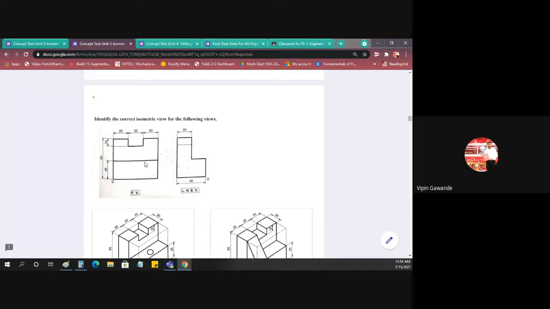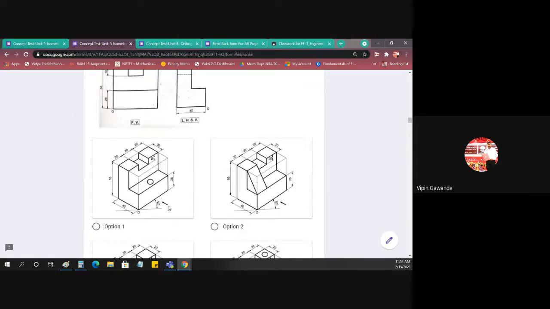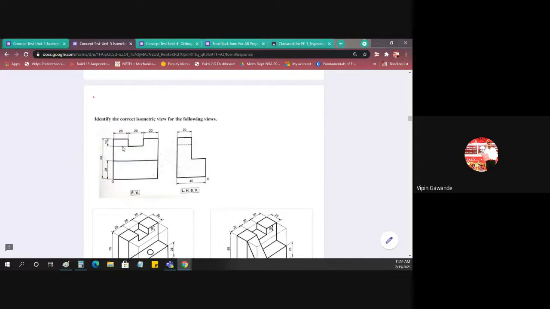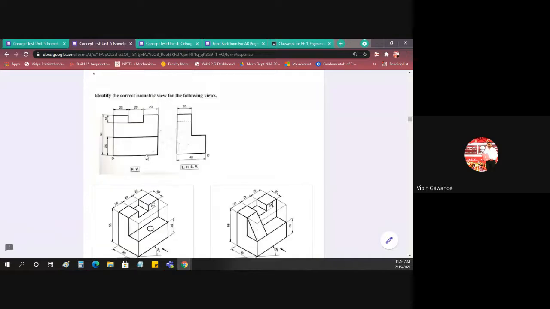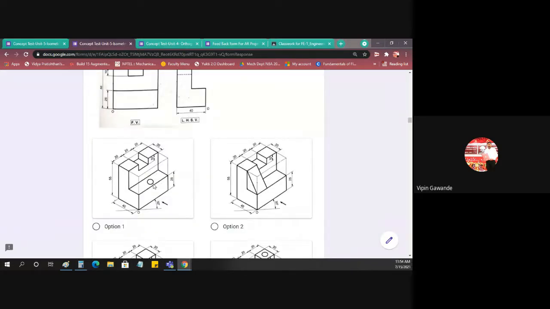Now here, see front view. This is the front view. So you have to check in the direction of the arrow. Now when you check this, when you put this surface here, there is one rectangle. But on the back side of the rectangle there is a circle, so we must get a dotted line here. The dotted line is not there. For this three-dimensional object, we'll get two dotted lines because of the circle, but dotted lines are not mentioned. The cutout is there, but because of the circle, we'll get a dotted line here. So this is not the correct option, because for this object in front view, we'll get two dotted lines for the circle.